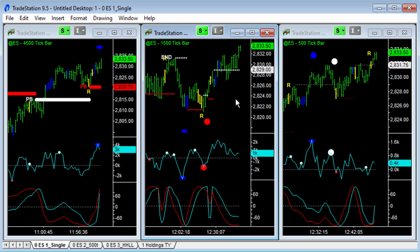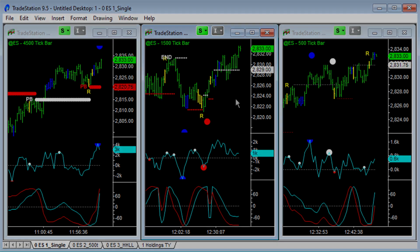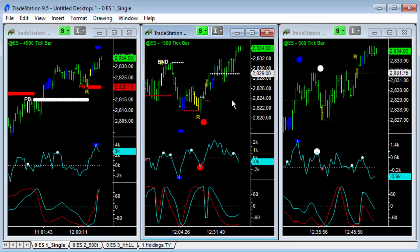This is where it starts to get interesting because we've sat through a whole bunch of congestion. Should go a little bit exponential now. This is the bit I hate. Got a flat top, 34.50. I'm a quarter point away from target. It just refuses to get hit cleanly, quickly. But there's no blue professional bars on 1500, so should be sitting through. But it's kind of weakish. It's kind of zero read